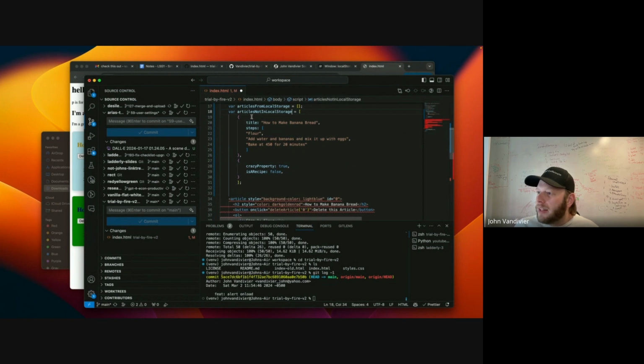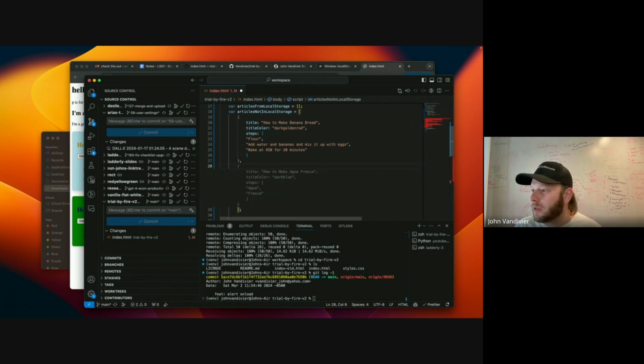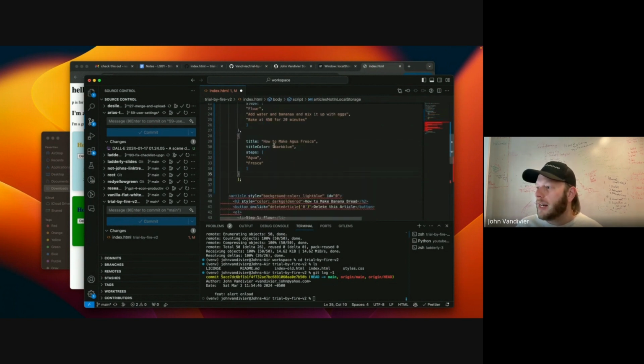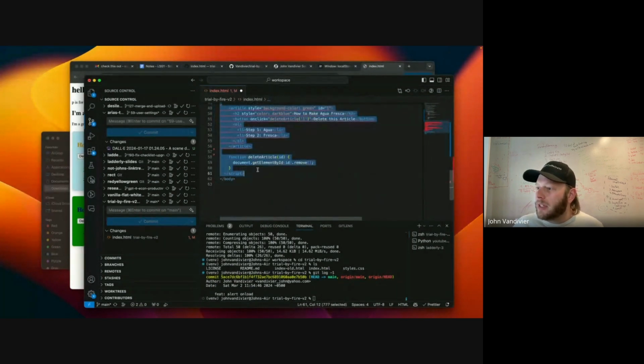Okay, so that's all background, explaining what this data is and what I'm about to do with it. What I'm about to do with it is create an article in the HTML, render an HTML fragment. We have how to make banana bread. I also want these colors. So I'll have title color. And we'll just leave it at the 2 so that we don't get too complicated. So you can see now I have the color itself as part of my data. Okay, so let me delete these.